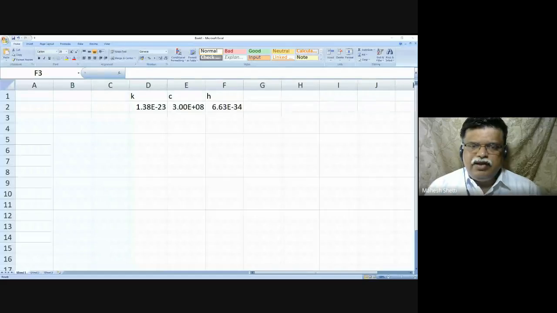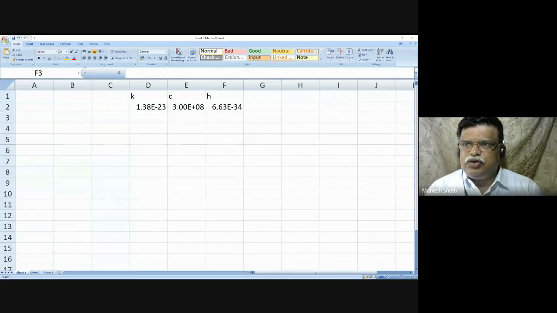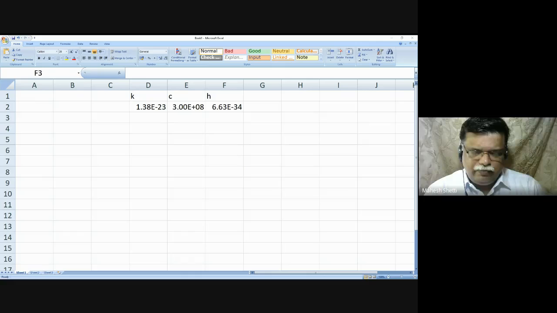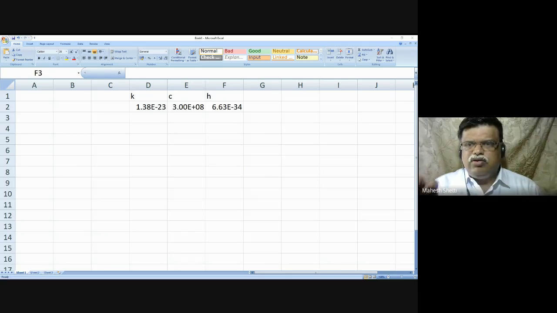For example, when you're writing something as e raised to minus mu square by kT. Now remember that when you write e raised to x, that x has to be a dimensionless number. If you're following the SI system of units, and you are putting all those values, the m value, u value, k value and t value, correctly, then you will get a certain number.